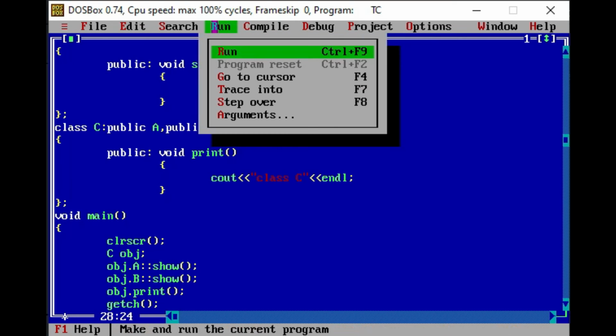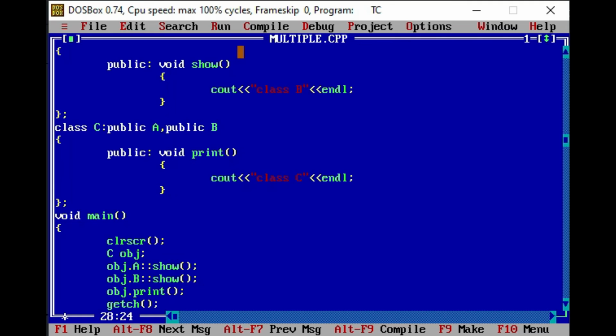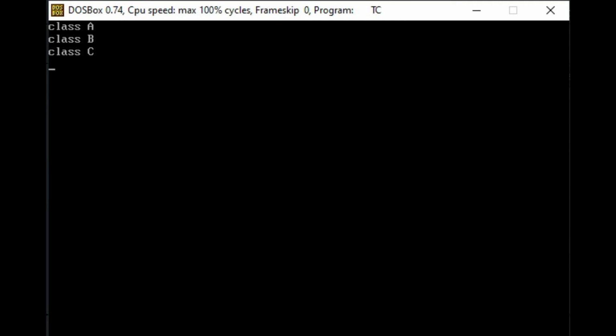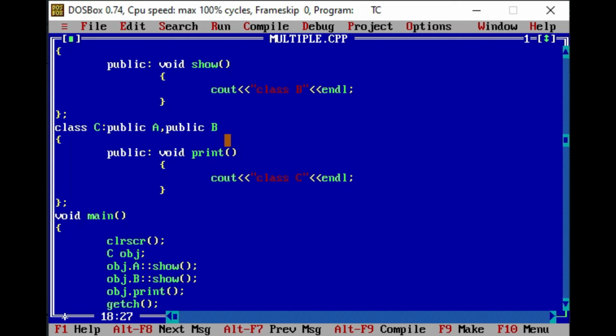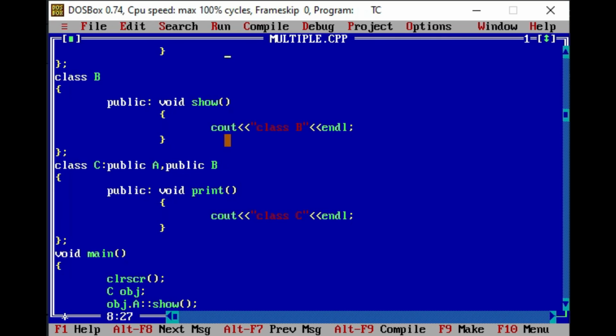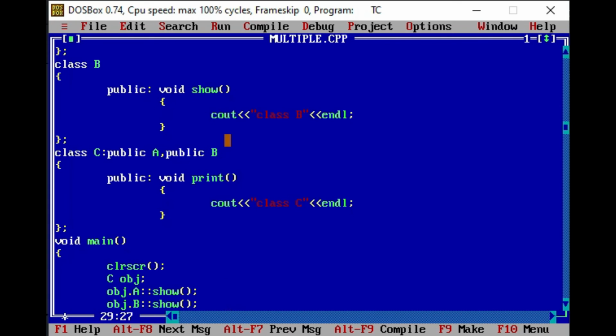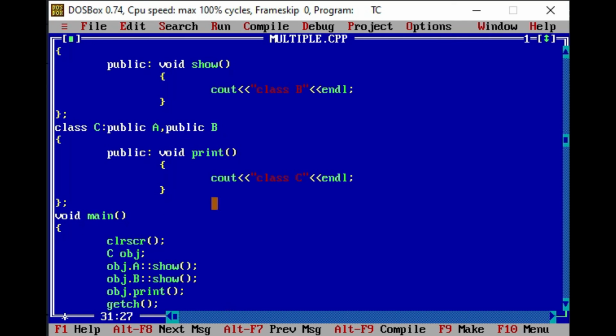Now we will run the code and we'll see the output. Okay, so class A, class B and class C. Class A is defined in the function of class A. Class B is defined in the function of class B, and class C is defined in the function of class C. So now you can see here that we can take functions having the same name in different classes, but whenever we are accessing all the functions having the same name through some common object or some common class, then ambiguity will arise, and to remove that ambiguity we need to write the scope of that particular function with the help of the scope resolution operator.